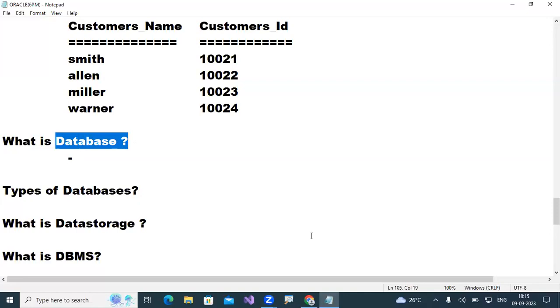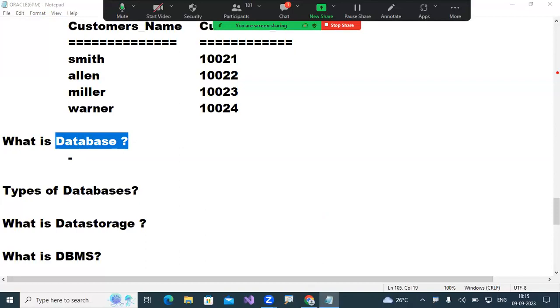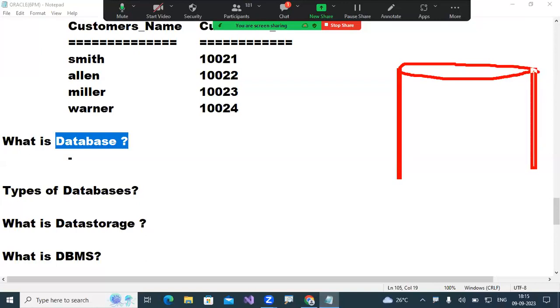For example, suppose this is your database. Just assume one database that we are going to create. This is our application, or memory, created with the help of Oracle software.